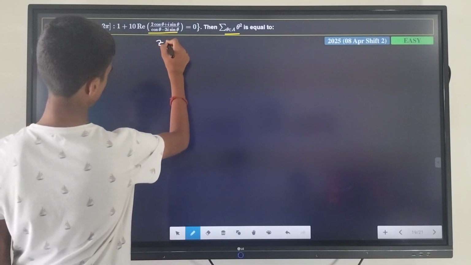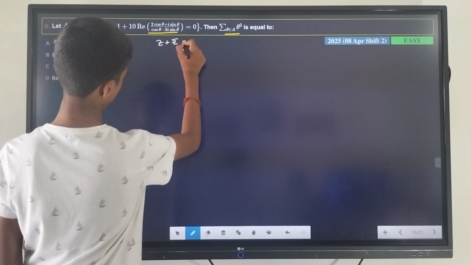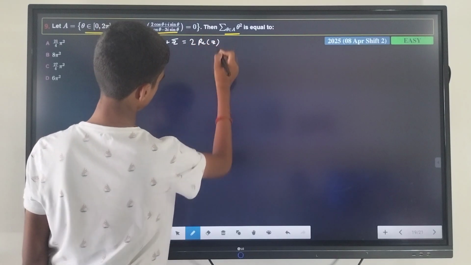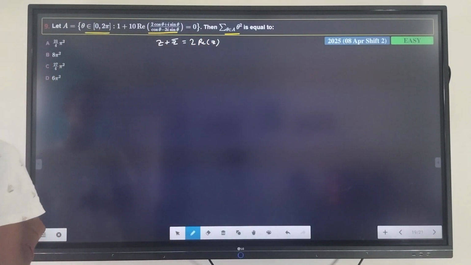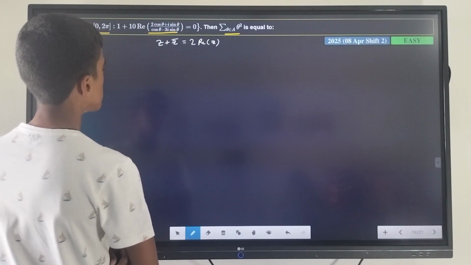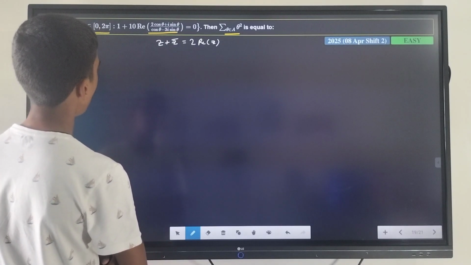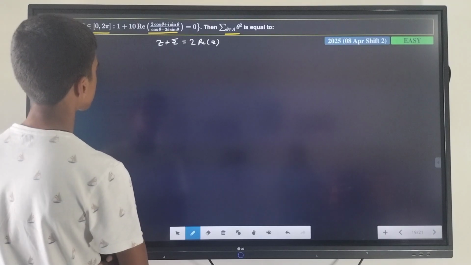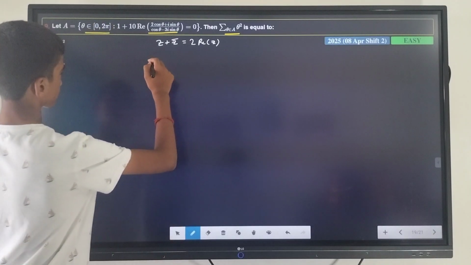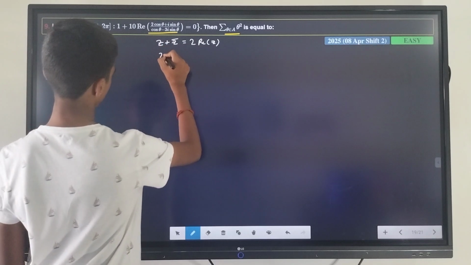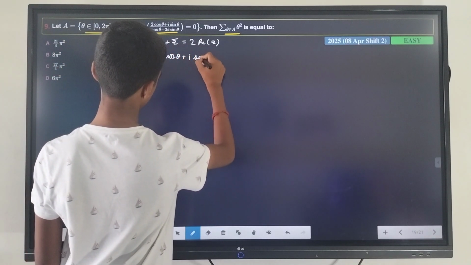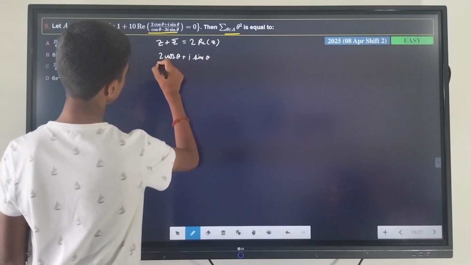So z plus z bar is equal to 2 times the real part of z. Now let's calculate z plus z bar, which is 2